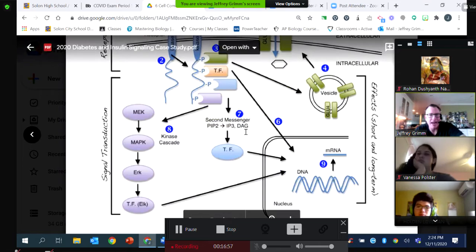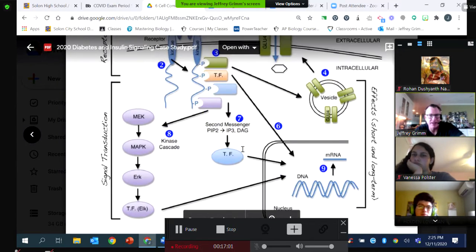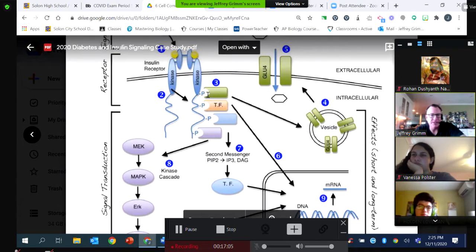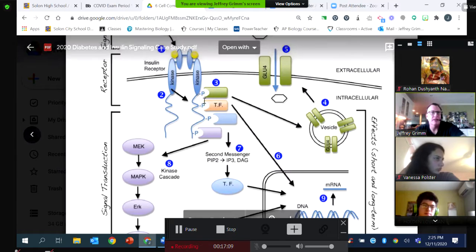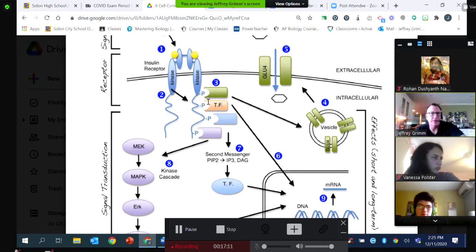So we're activating multiple genes in this pathway using 2 different transcription factors, both of which are somehow activated by these tyrosine kinase phosphorylated tyrosines.